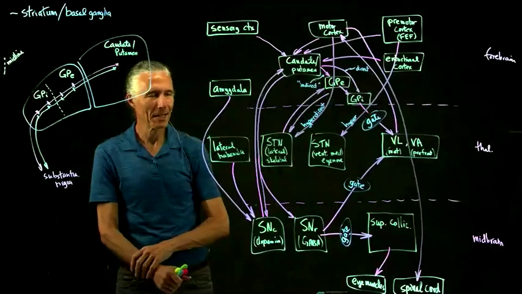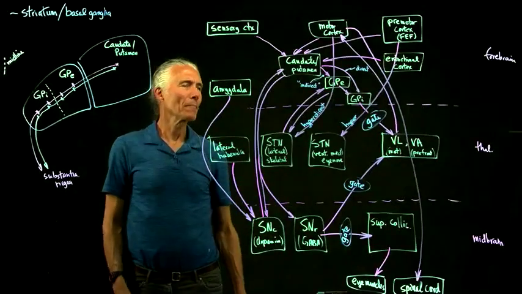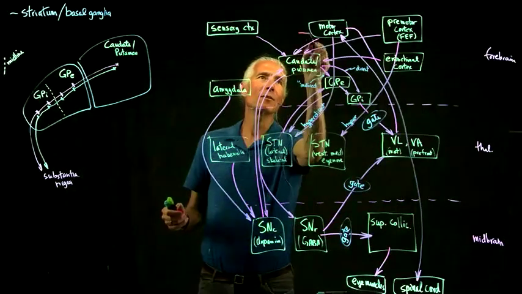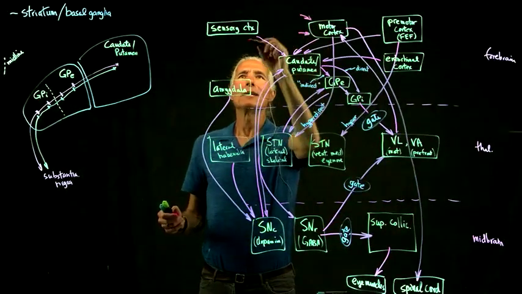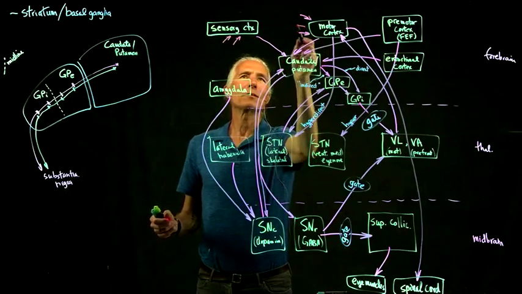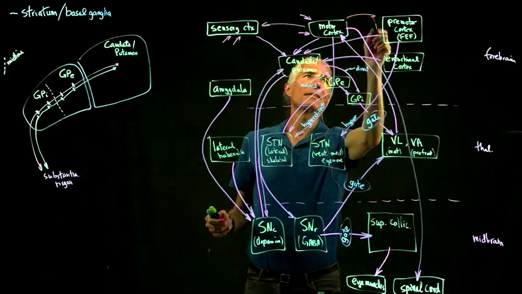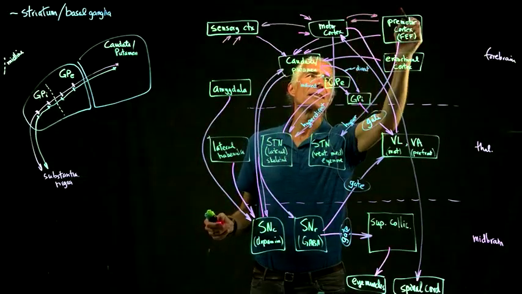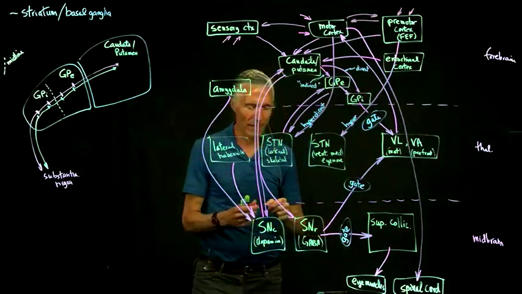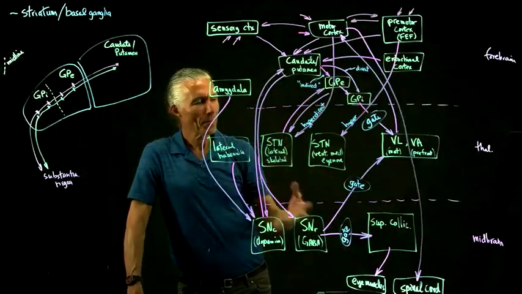This is the main sort of actors in the striatum. Obviously there's a ton of input coming into motor cortex that I haven't drawn here, and a ton of input coming into sensory cortex. Motor cortex goes over to somatosensory cortex. These are connected up. There's a zillion connections to premotor cortex I didn't draw. So this is still leaving out 90% of the connections, but it gives you some idea of the basic architecture,